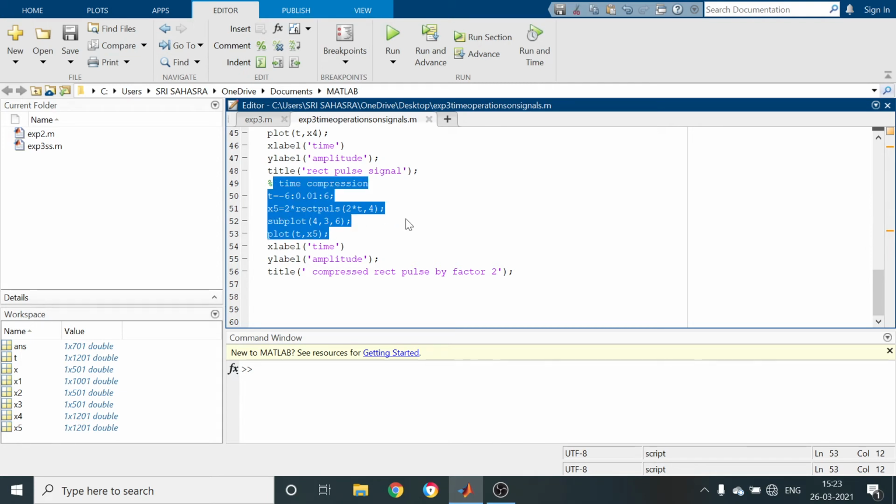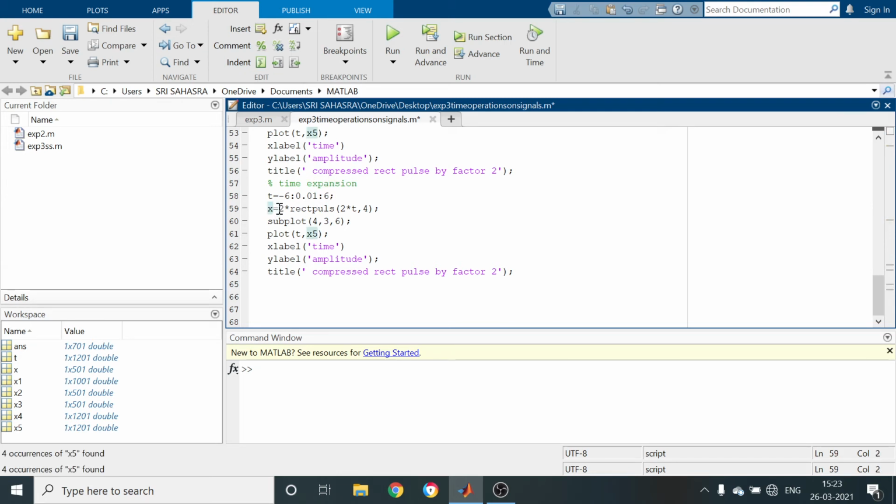Next, for this signal only, we have to perform time expansion. So note down the comment as time expansion. Here we take the time axis as it is and variable x6 equal to 2 star rect pulse.